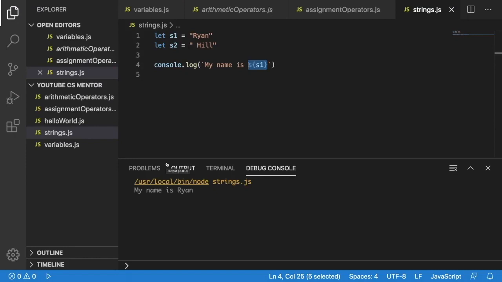So you can do all sorts of cool things. So for example, we could change this S2. So rather than using Hill, we'll use James. And you could put whatever you want in here, but just know that you can use multiple variables in the one string template. So we could have my name is Ryan and my best friend is. So rather than writing James, which we could do, but we want to use our S2 variable,